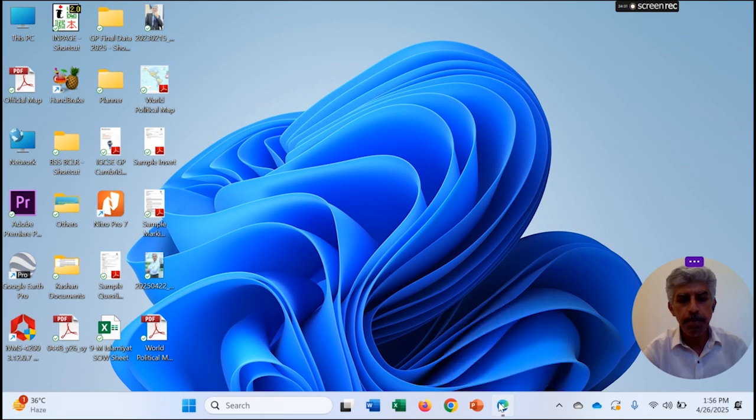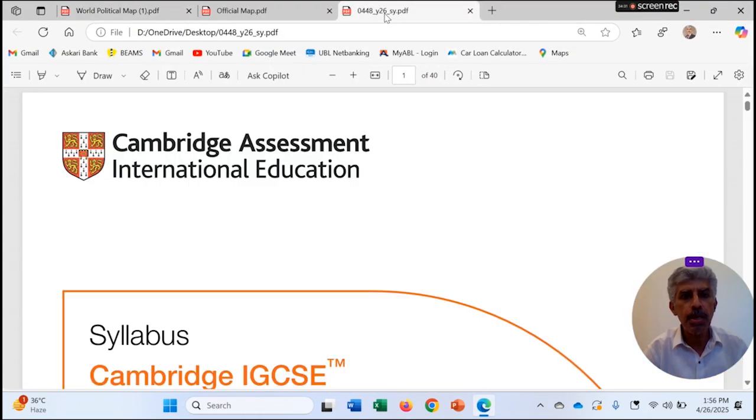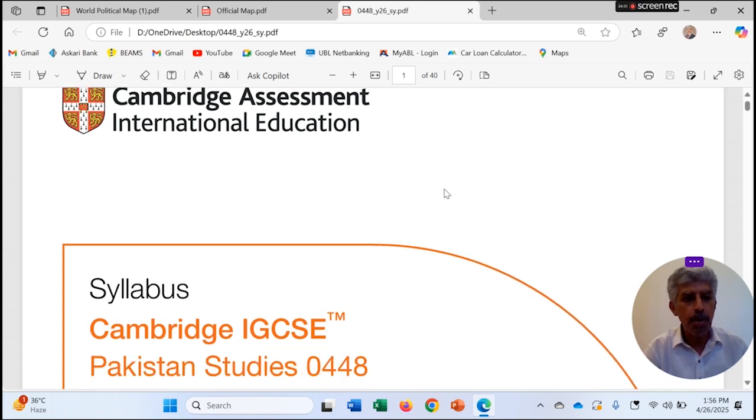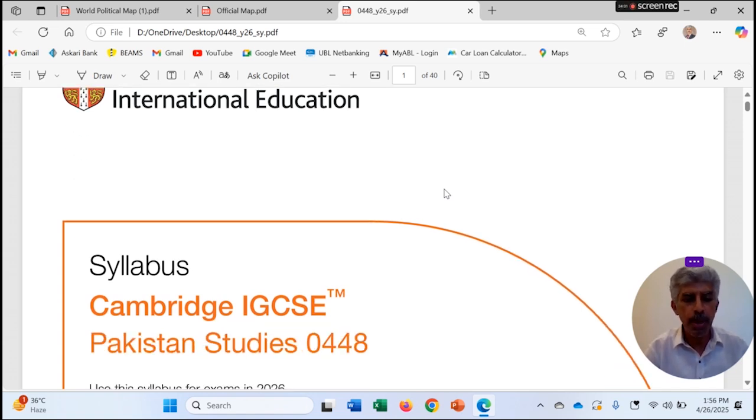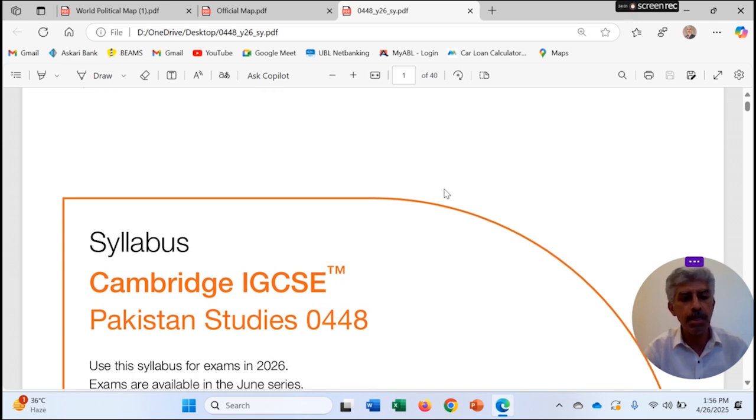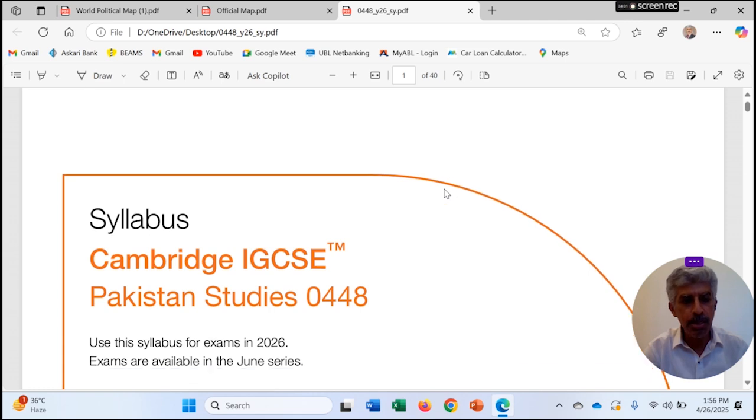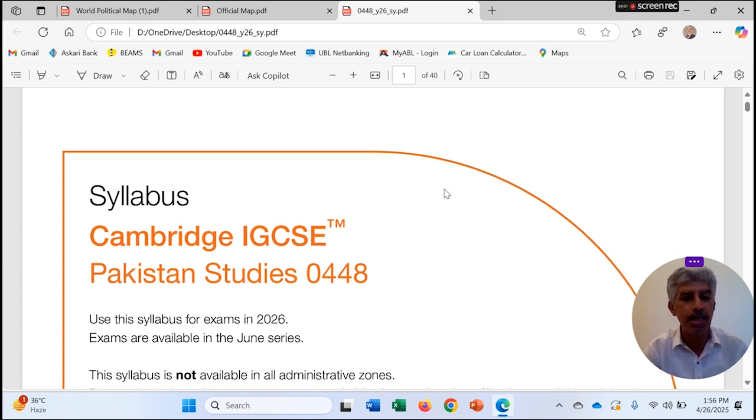In the syllabus content, we will see that this is the Cambridge prescribed syllabus for Pakistan Studies 0448. This is for IGCSE, and the same syllabus is for Pakistan Studies of O levels with the code 2059. So there is no big difference. If you are with any of the syllabuses, the paper pattern is the same, and the whole syllabus is the same. There is no difference in them, and the papers happen at the same time in a single center.